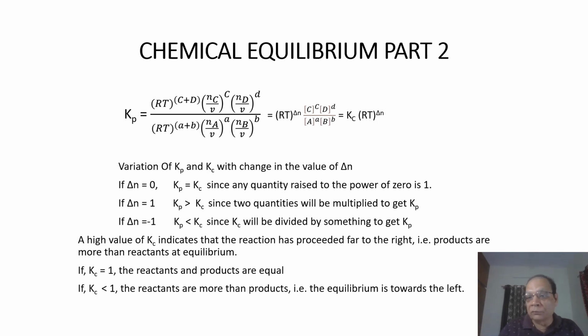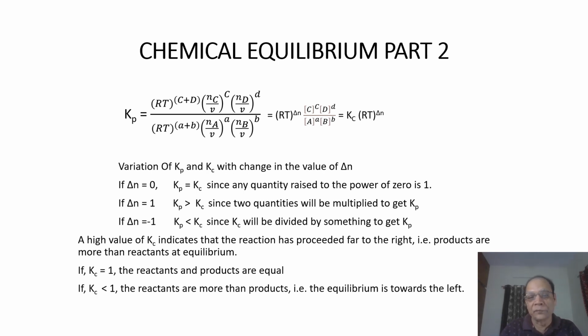However, if the reaction goes forward with a decrease in number of moles, then we have del n equals minus 1, or less than 0. If it is less than 0, Kp is less than Kc,